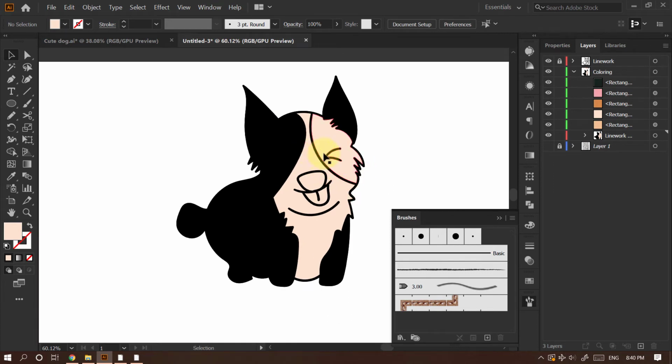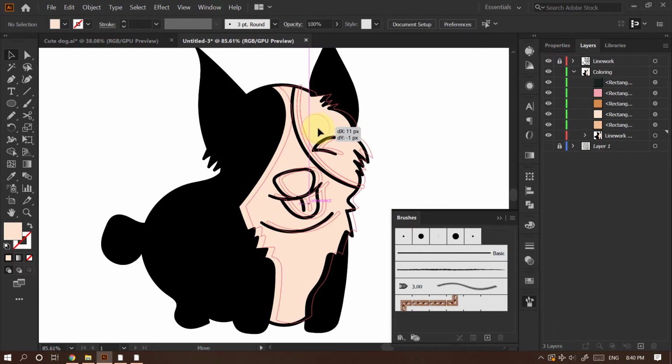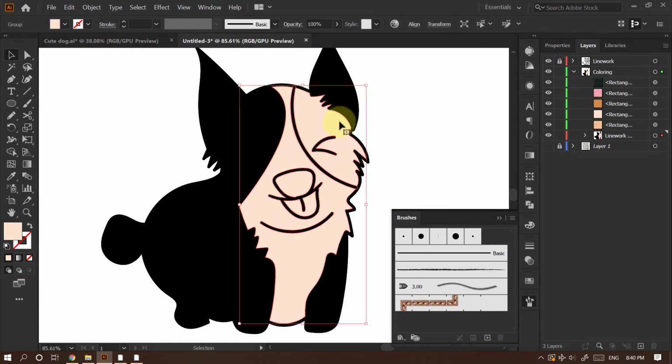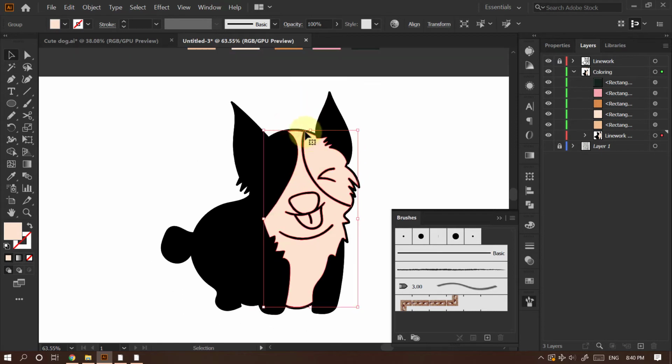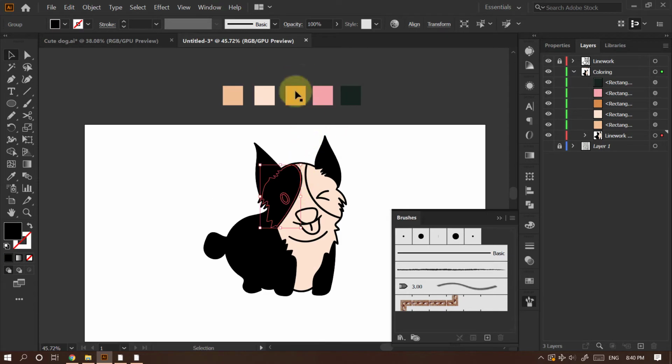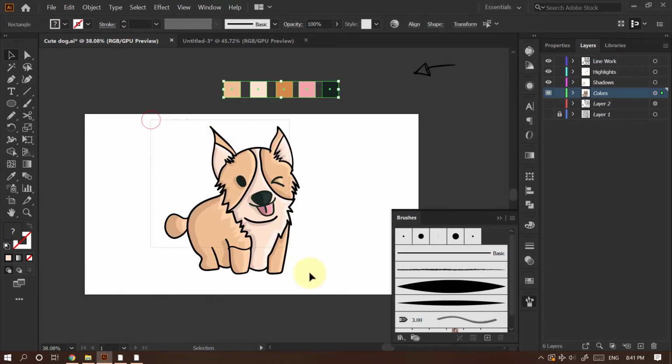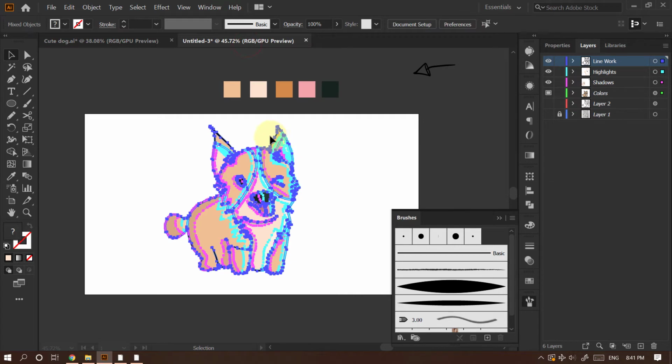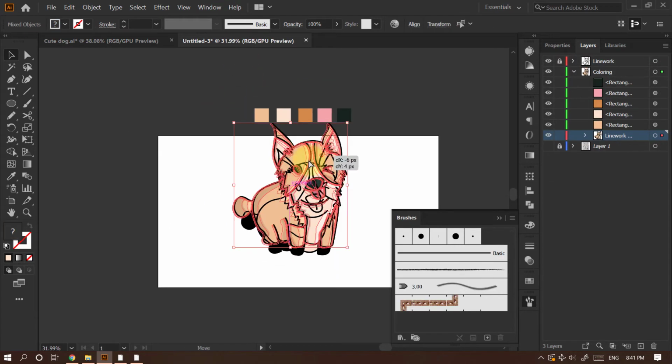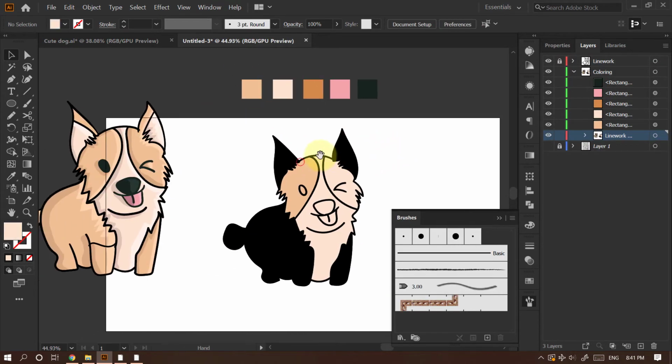Here you can see I have a problem where two shapes are the same. For example, I wanted this shape to be a separate shape from this, so I will use the pencil tool later to draw on top of that to remove the bottom color. I will explain it later, how I will do it. Let me copy this dog and try to match the colors from here, because I have already done that.